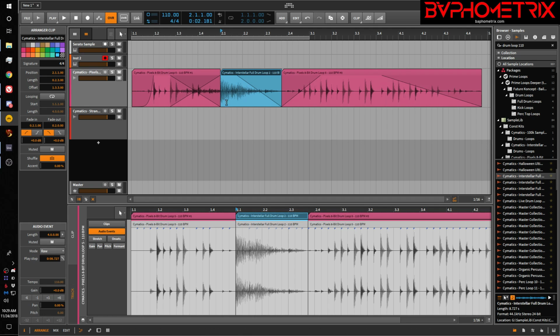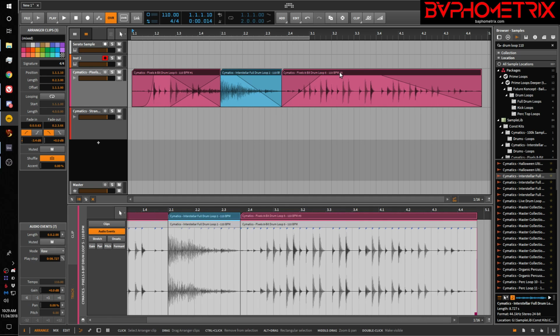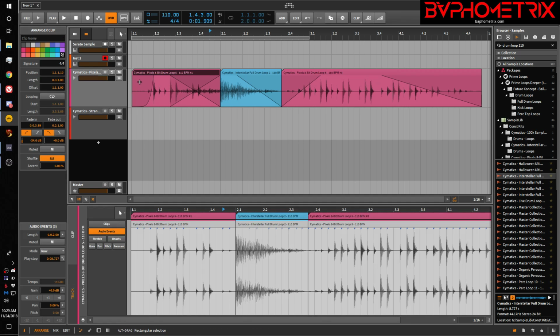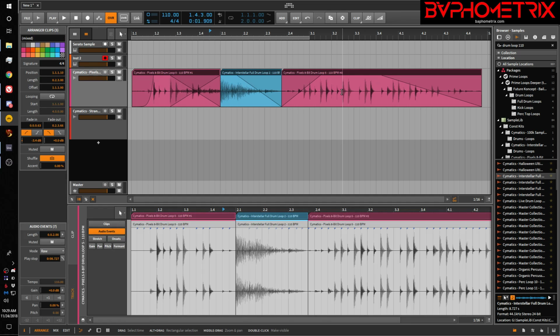All right, so let's say we've done this kind of editing visually out in our arranger. And now you want to bake all this in, like in Ableton when you do Control J. Well, in Bitwig, the trick is to just do bounce in place. Now, before I bounce in place, let me show you what the bounce looks like. And we'll bounce to a new track. So I'm going to select all three clips, or you can select all three clips this way by making sure you have your crosshair and just drag across all of them. Okay, so if I do a bounce